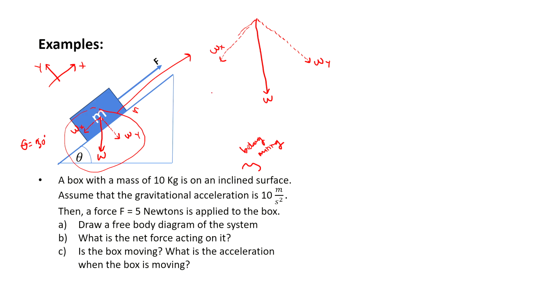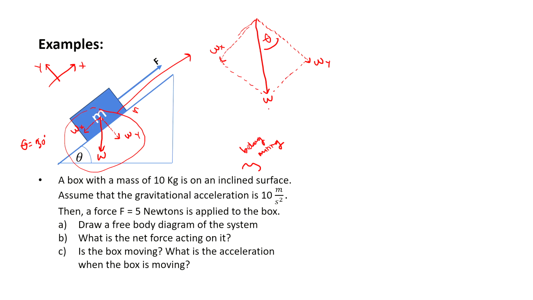For your information, this angle is also theta, the angle of the inclined surface. To find the value of WY and WX, we can use the projection of vectors using this information,